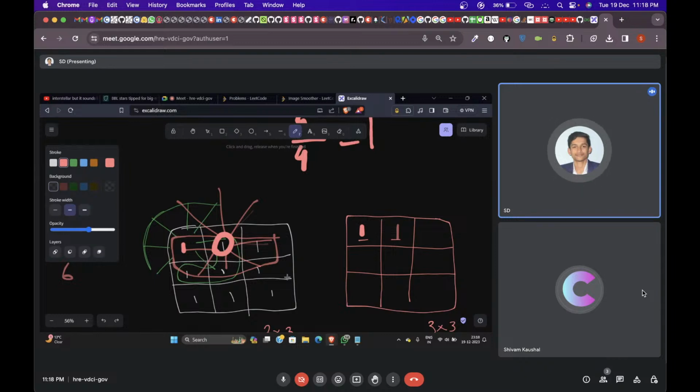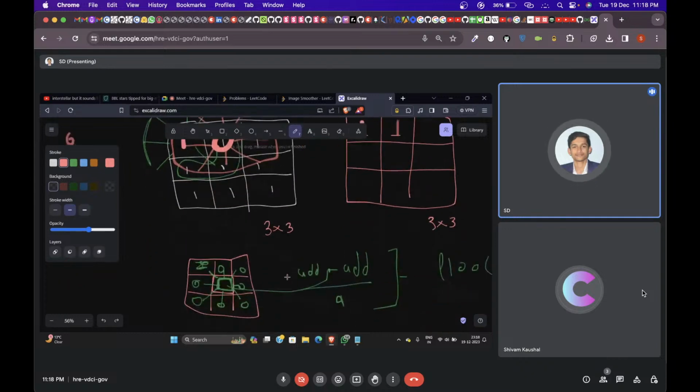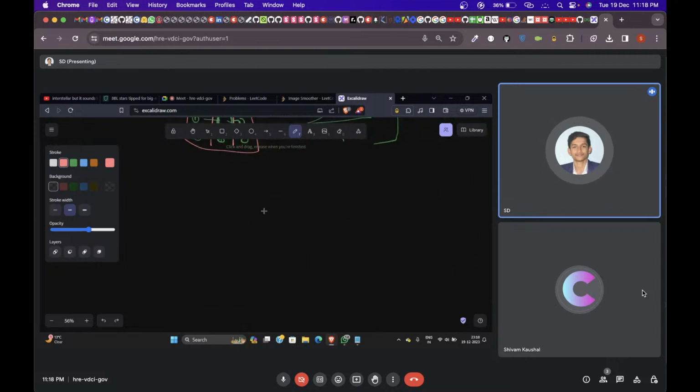The same thing will be applied for all the boxes that are present in this case, and that is what we have to return. Ultimately the solution would be that. I hope I was able to make you understand what the problem is. The problem is simple. If this is the 2D array that is given to me, and I have to find the value of a particular index